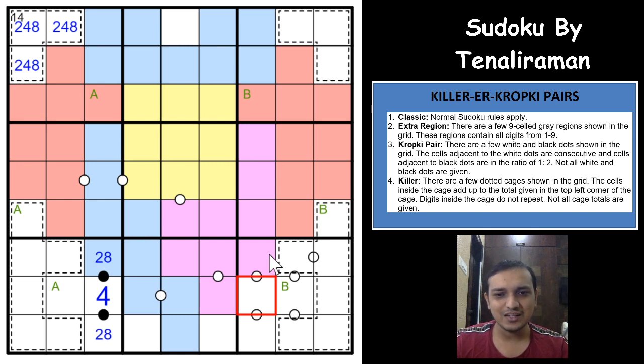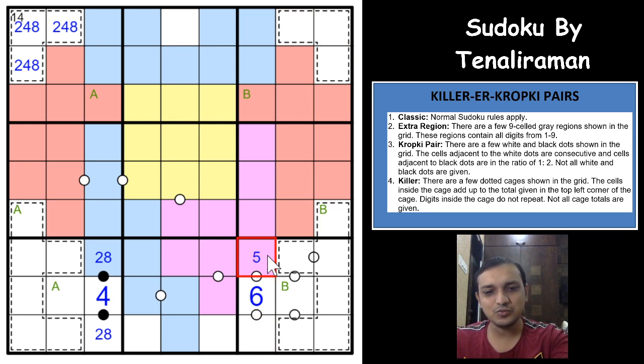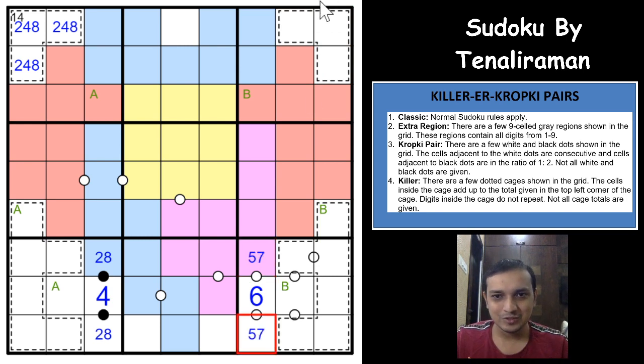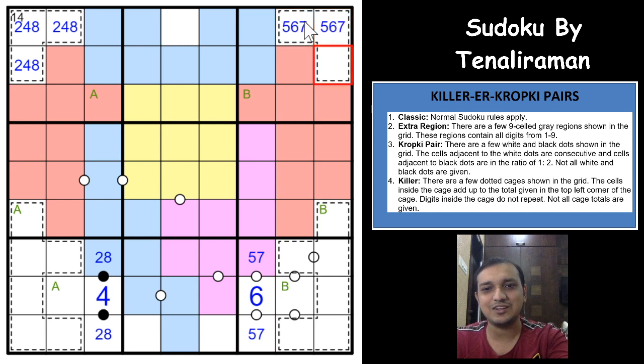So which means that 3 consecutive digits excluding 2, 4 and 8 has only one possibility, that is 5, 6 and 7. Excellent logic, guys. So which means that these 3 digits and these 3 digits are same, which means this cannot be 2, 4, 8. So this would have to be 5, 6, 7 being consecutive. So which means that this would have to be 6, this would have to be 5 and 7 in any order. So these 3 digits are 5, 6 and 7.